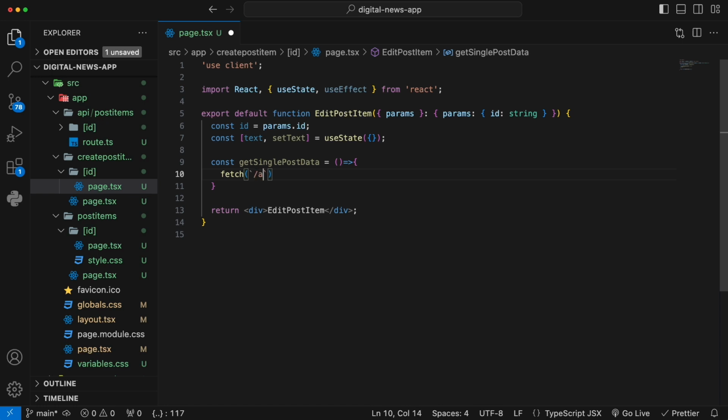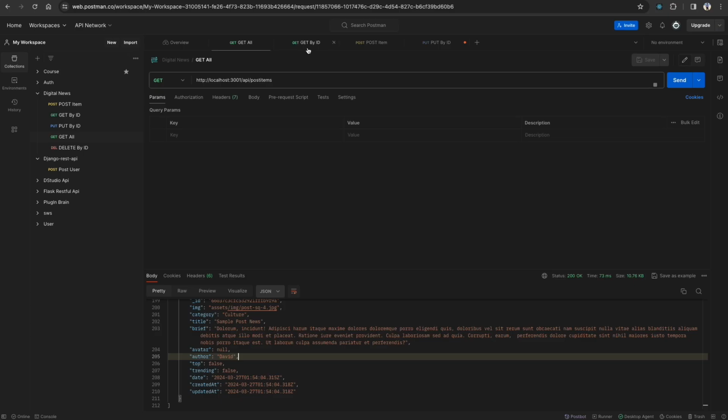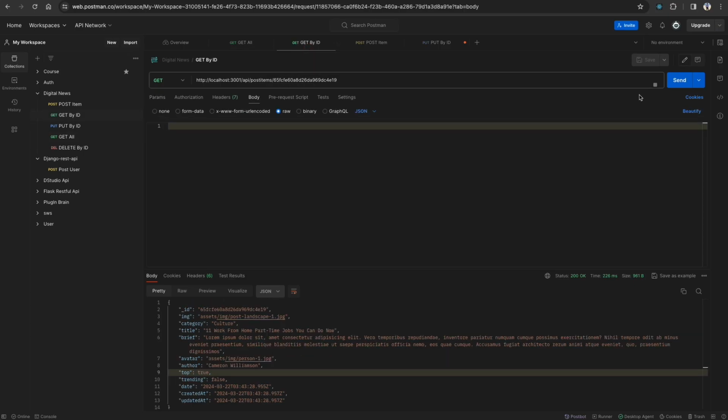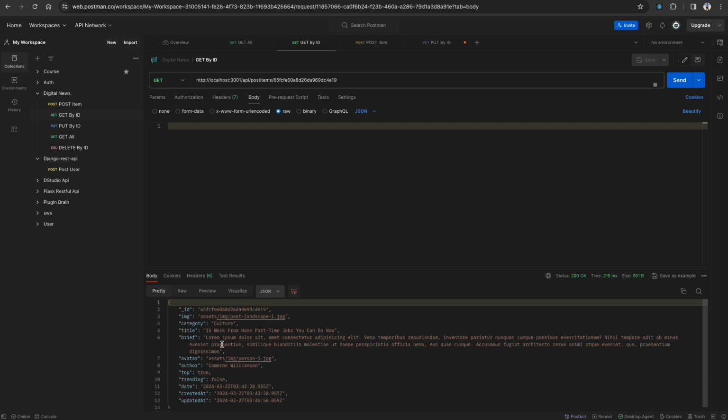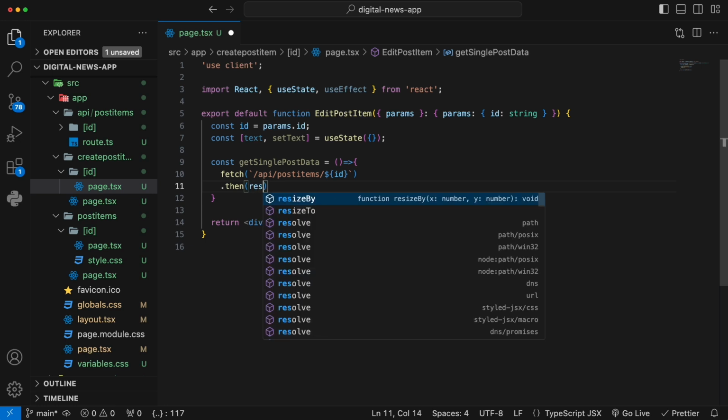So we say backtick, period slash API slash post items slash dollar sign curly braces ID. Because we already have this get single request. If you look at Postman, we have that get by ID. If you put in the ID and hit send, it'll give you that specific item. So we use this route to make another request to our backend to get the details of the item that we want to update. Alright, once we have that, we say then, if we can get it, we're just going to map the response